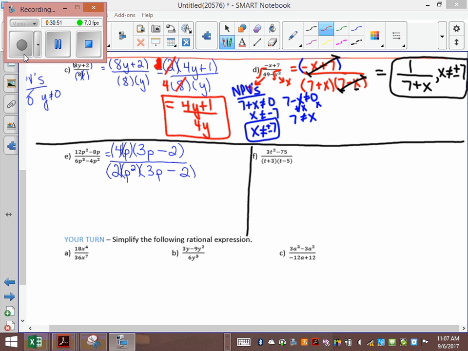So now we state NPVs before we cancel. We have P squared. Remember what I told you if it was P squared or P cubed or P to the 700? What's the NPV for that? 0. Okay? So,